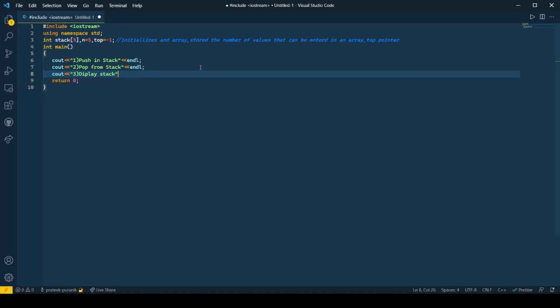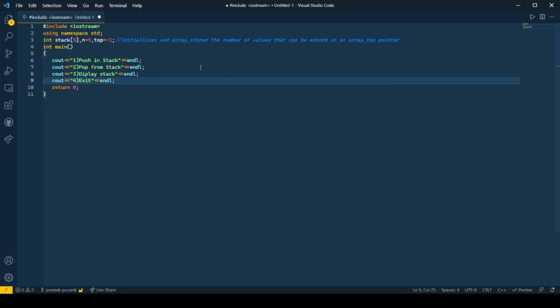This function will be used to display the values currently in the stack, and finally we'll also create an exit option in order to exit from the program. So exit would be 4th.